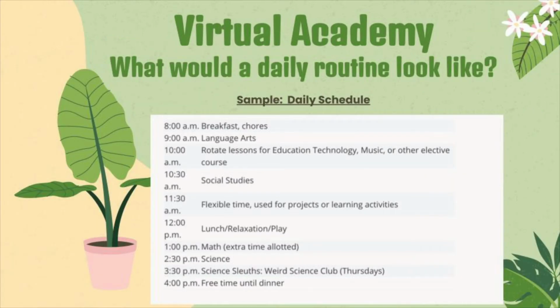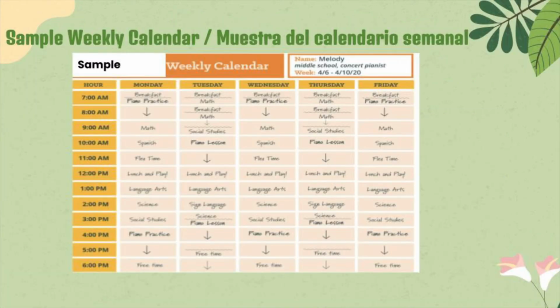So a daily routine will really depend on the family and your needs. There will be an expected amount of time or work that needs to be produced to show evidence of student work and learning. However, that daily routine can really be addressed to the family needs. That's the same for the week. You may be choosing to schedule the week to meet the needs of your family's schedule. So please identify what those needs are and create a day and a week and a month that addresses the needs of your family, keeping in mind what the expectations are as a member of the Virtual Academy.